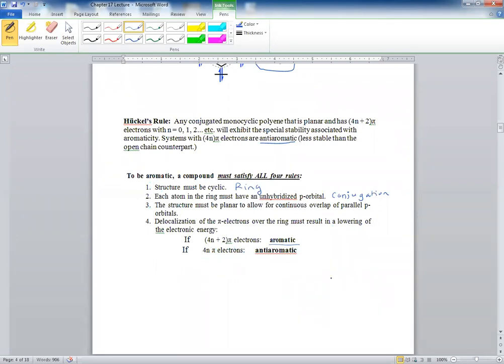Now, what happens if you don't satisfy one of these rules? Is there something other than aromatic and anti-aromatic? Yes, there is something called non-aromatic. And non-aromatic compounds, let's put it this way, are neither aromatic